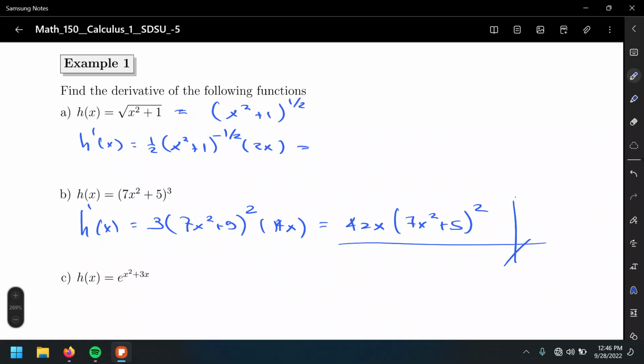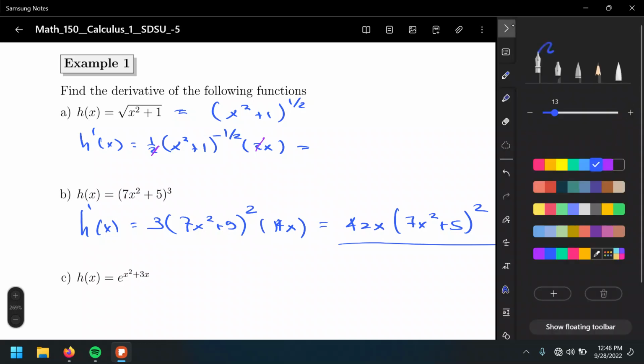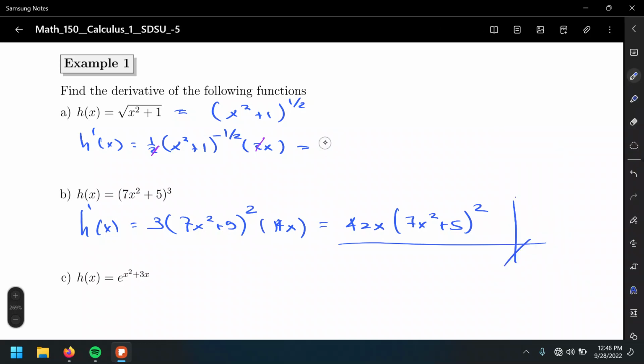Well, there's a couple of things that we can do over here. Number 1, divide out these 2's and change this negative exponent into a positive exponent. That's going to leave us with x over (x squared plus 1) to the 1/2,